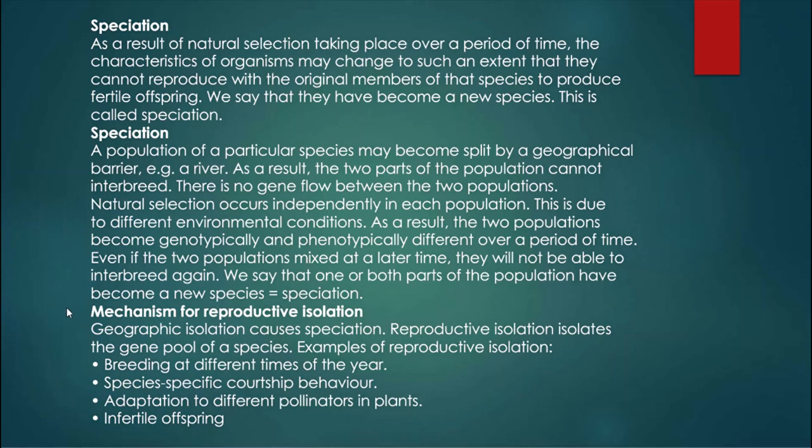Speciation. Lastly, let's talk about mechanisms for reproductive isolation. Geographic isolation causes speciation. Reproductive isolation isolates the gene pool of a species. Examples of reproductive isolation: breeding at different times of the year, species-specific courtship behavior,